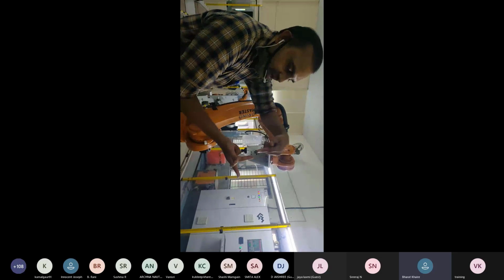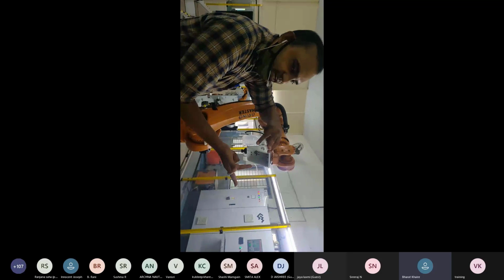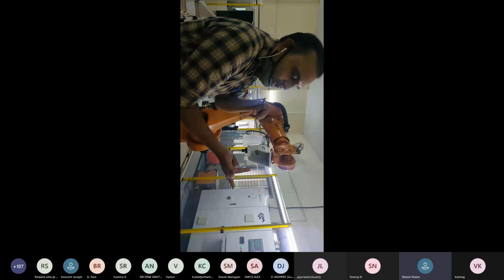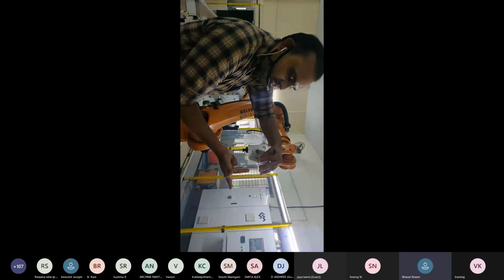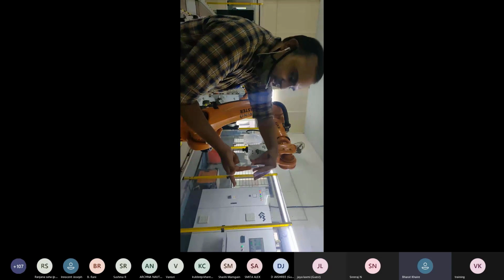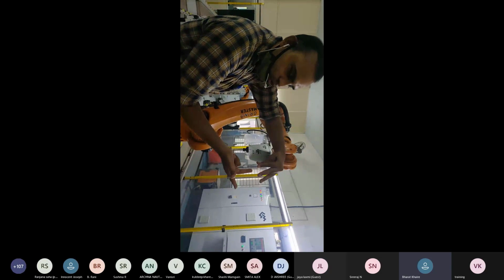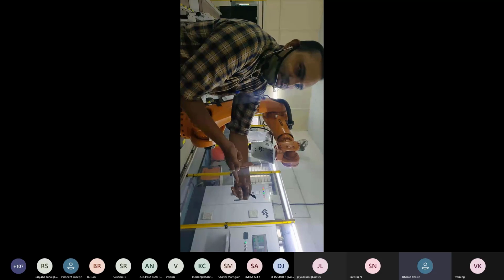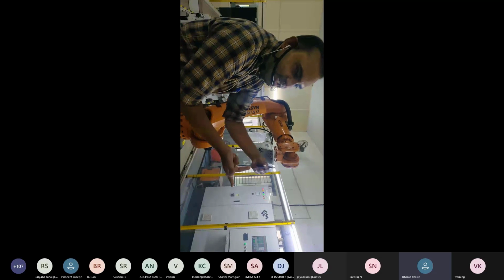Now in the world coordinate system, x, y, z, three axes are given, but three other axes are also given. They are rotational axes. A, B, C: A is the rotational axis along the z-axis, clockwise and counterclockwise rotation, B will be along the y-axis, clockwise and counterclockwise, and C will be along the x-axis, clockwise and counterclockwise.